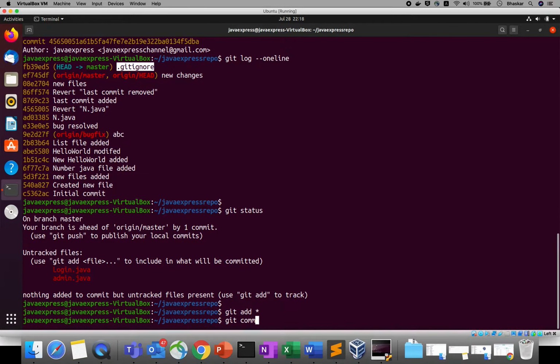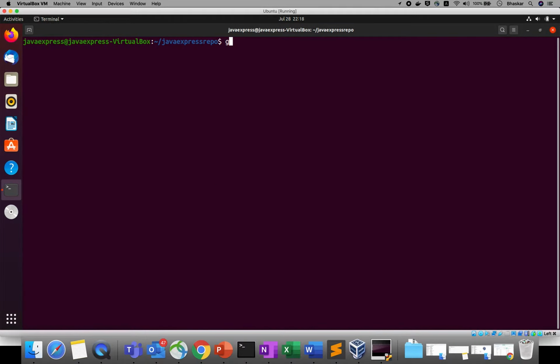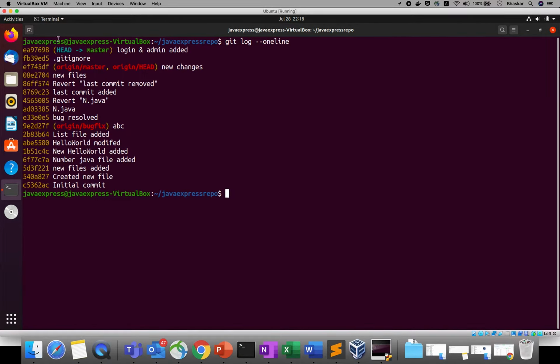Git add, then git commit -m, and I will say login and admin added. Now if I use git log, your head is pointing to login and admin, so your files are available inside your local repository.